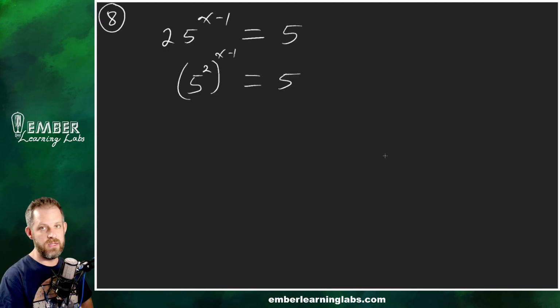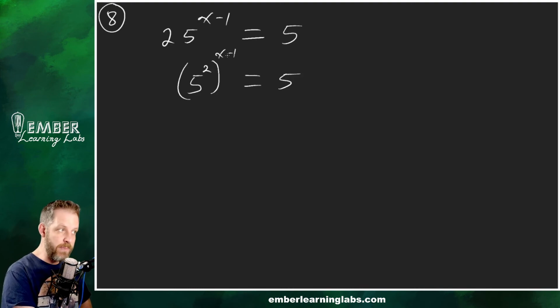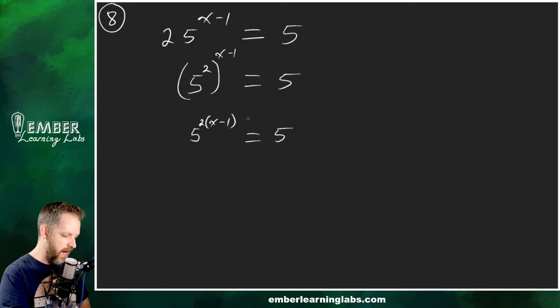Now, we've got a power to a power. We learned in lesson 1 of this unit that if we have a power to a power, we multiply those. So this turns into 5 to the 2 times x minus 1, and that equals 5. Now, we got like bases. We've got kind of a single exponent. It's crazy, but we can set those equal now. If we have nothing there, it's to the first, right? So we can set the exponents equal. So 2 times x minus 1 equals 1,